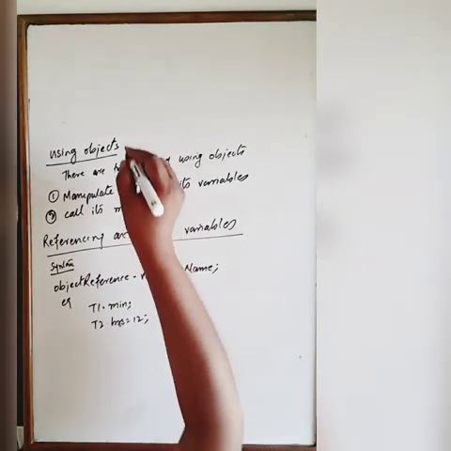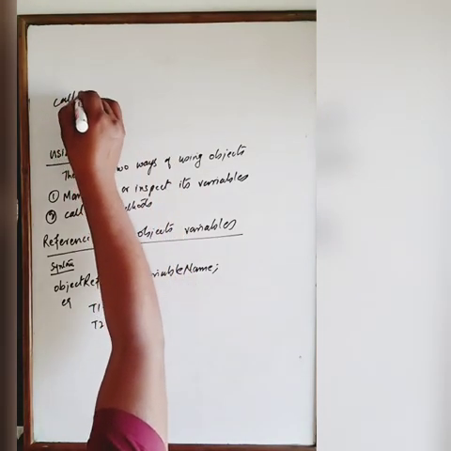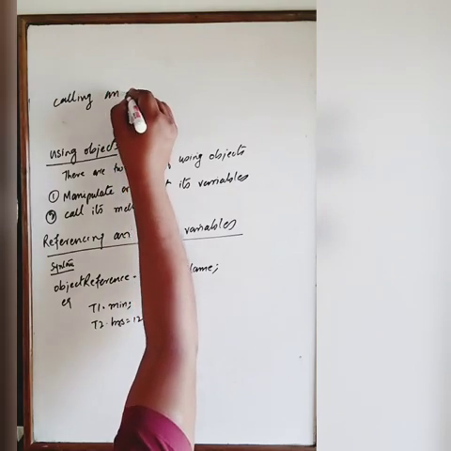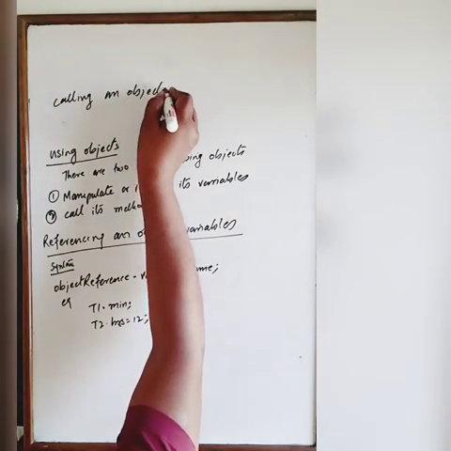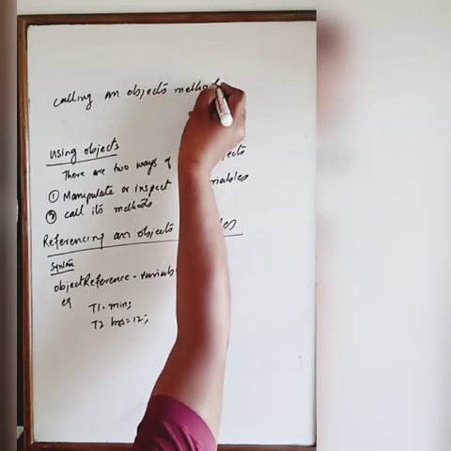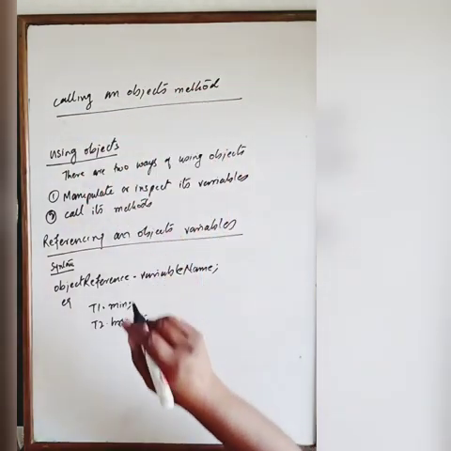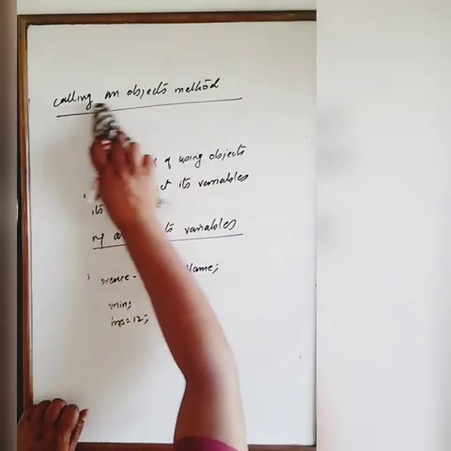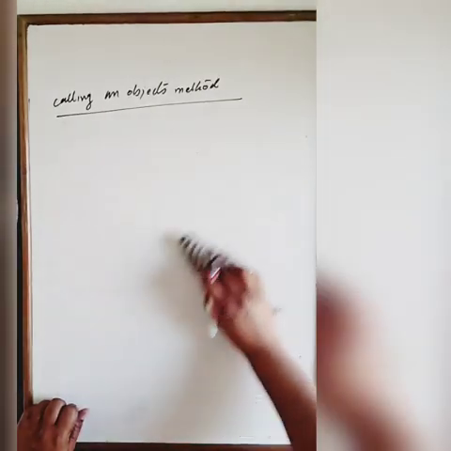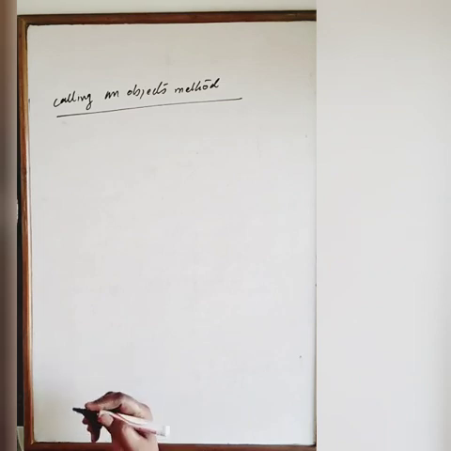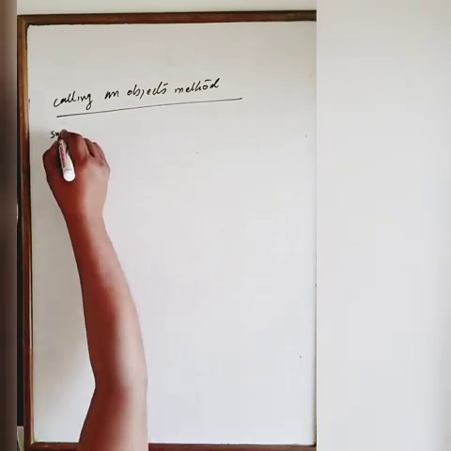Now, calling an object's method. How are you going to call an object's method? Methods are of two types: either they will have a parameter or they will not have a parameter. So the syntax will be